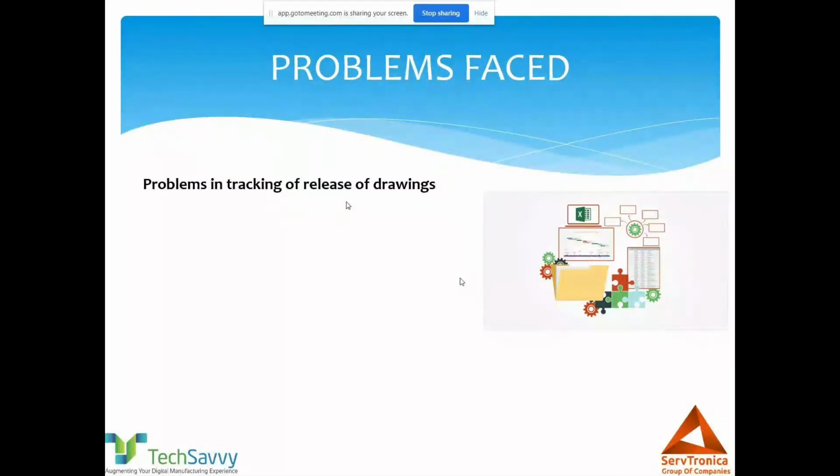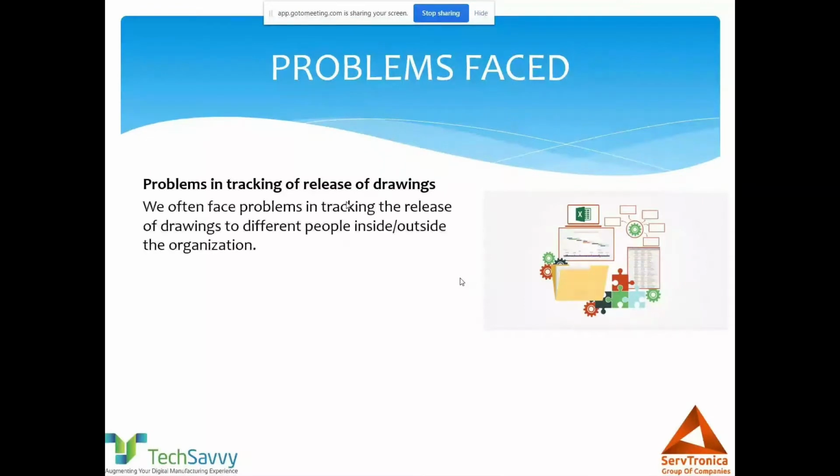When did you release it? As a habit, we maintain some kind of Excel wherein we record each day's activity, or we create some kind of register wherein we make entries. If we miss that entry, we lose track, and we end up releasing a drawing again and again and again.